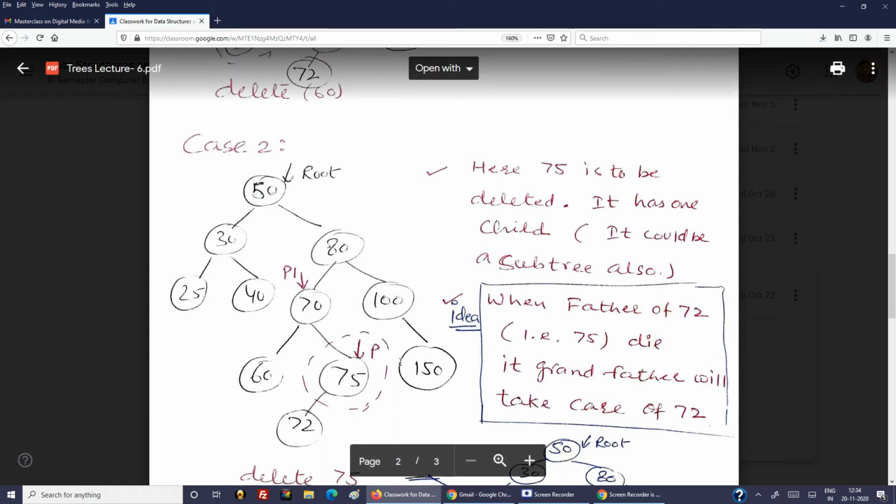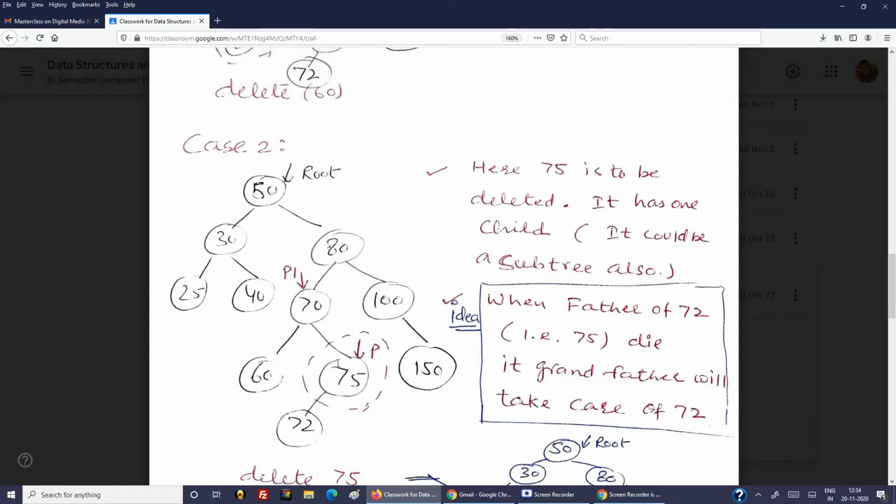When we do it manually, these are not required. But when we write the program, these pointers are required: a pointer for the node to be deleted and a pointer for its father. So these two are required. So how to do that? How are these pointers marked? That we will discuss when we discuss writing a program for deletion in BST.